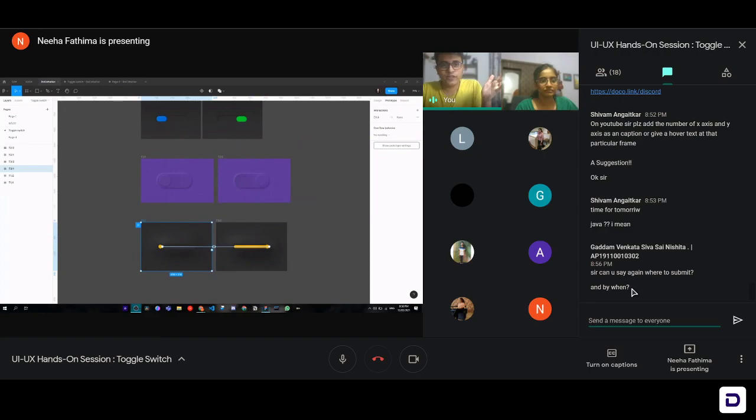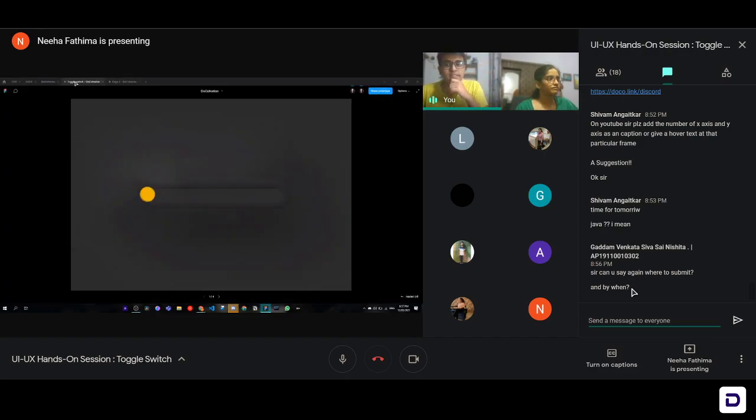So by the time, those of you who are not in the community, this is a chance. Just get inside the community, and this is a challenge for you. For everyone who's here right now and who has tried out the first effect, we have two more effects for you to try out and see if you can make them. The first one is totally neumorphic with the same color in the background and the foreground, and the next one is a switch plus a loader or progress bar combined. So these two challenges you can complete and then submit. You can also show how to submit it in this.